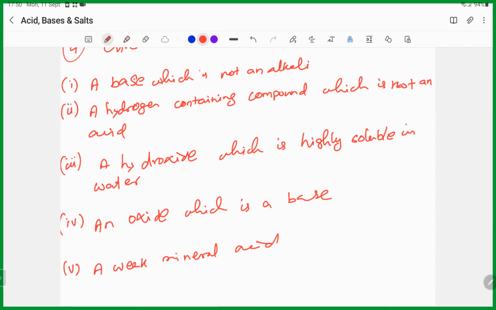A base which is not an alkali. Alkali means sodium hydroxide, potassium hydroxide, calcium hydroxide. They are derived from alkali metals and alkaline earth metals, and they are called alkalis. Now you use a base which is not alkali. Sir, copper hydroxide. What? Copper hydroxide. Copper hydroxide, but